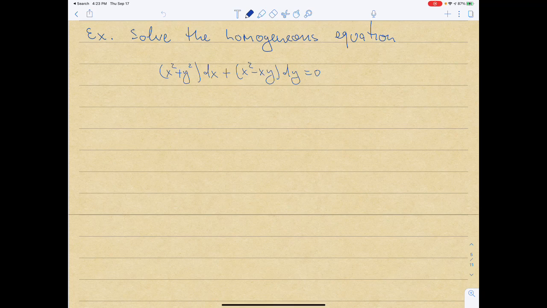So to continue with solving equations using substitutions, let's try first to solve a homogeneous equation that is written on the screen. So how do we know that this is a homogeneous equation? Again, remember last time I suggested that what you can do, to check if this thing is homogeneous,